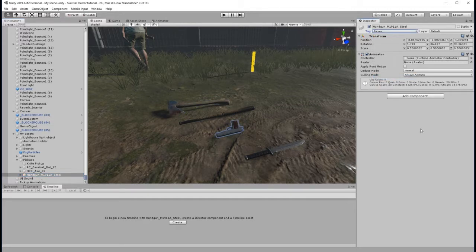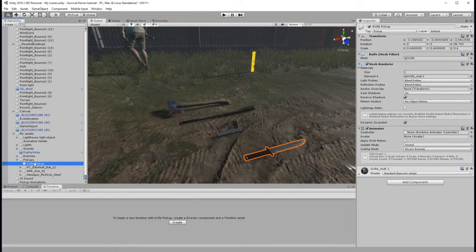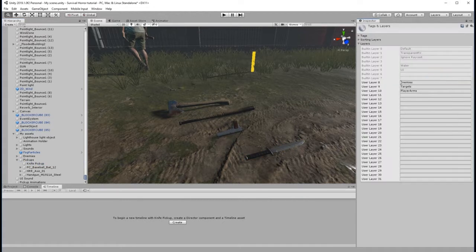Now the way that we're actually going to pick these items up is by using raycasting, and the raycasting is going to be looking for a specific layer. At the moment on the default layer, it means that your raycast is going to look at everything. We want it only to see pickup items. So to do that, we need to ensure that all of these items are on their own specific layer. So I'm going to add a layer. Layer 11 I'm using, I'll call it pickup